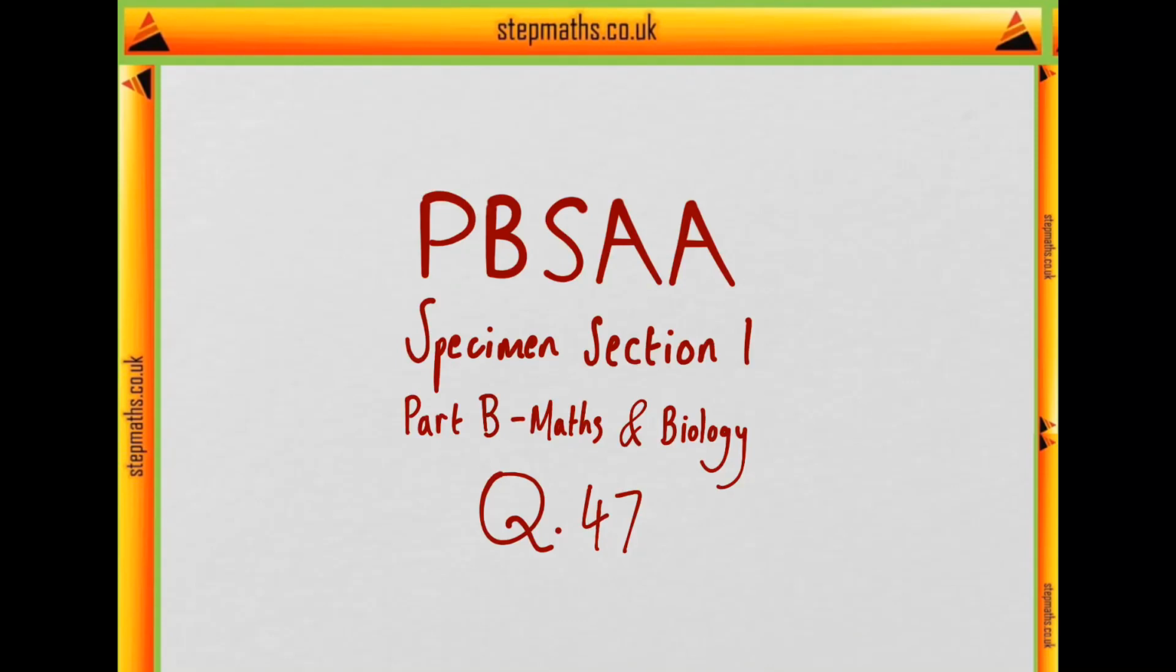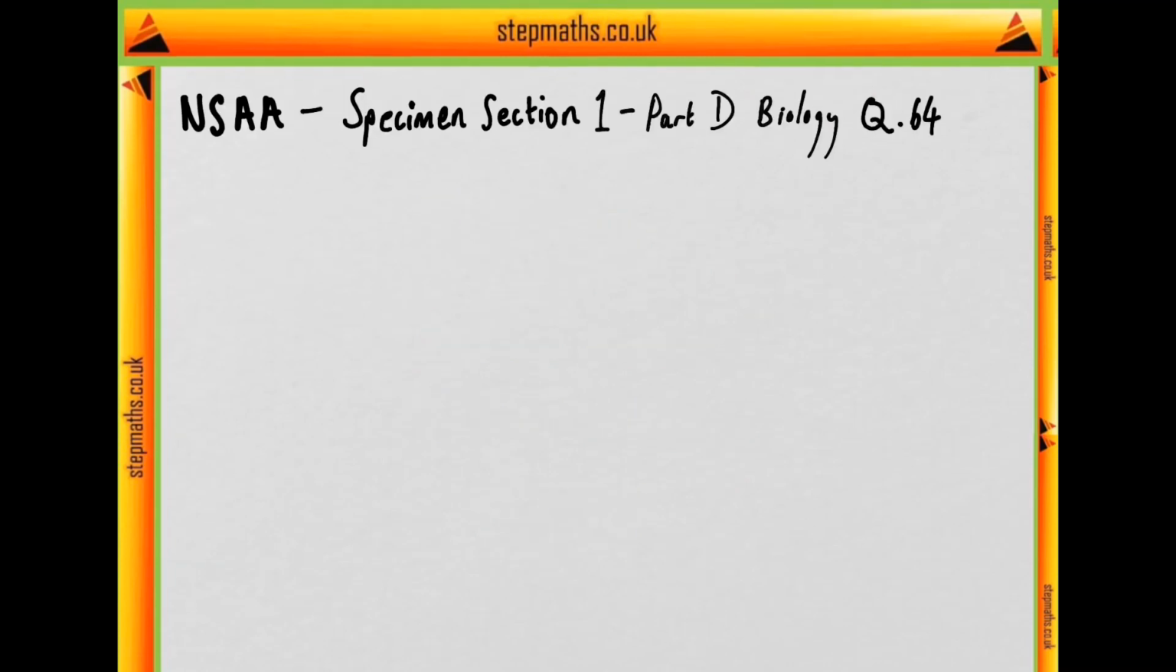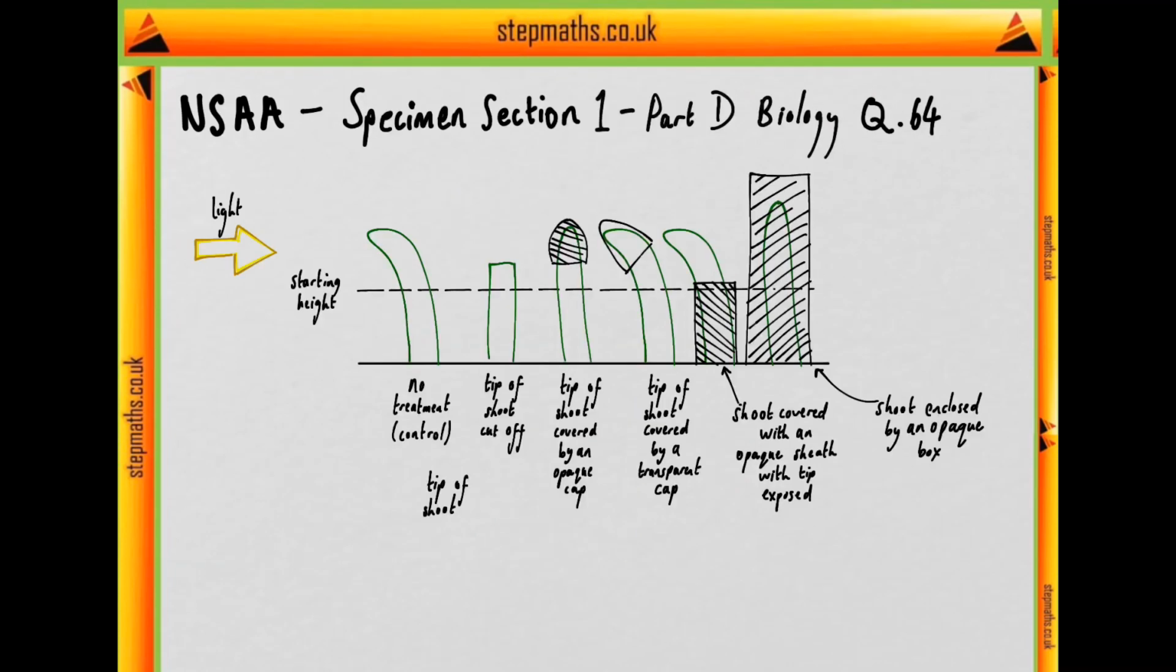This video will cover question 47 of the Specimen Section 1 PBSAA paper. Please note that this solution will be the same as the equivalent ENSA Specimen Section 1, question 64. In question 64 we're given the following diagram here, and we're told that an experiment was set up to see